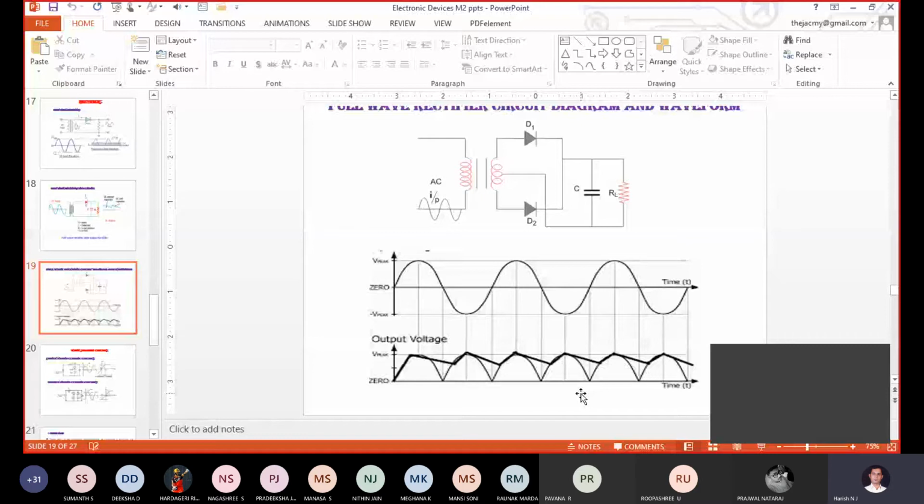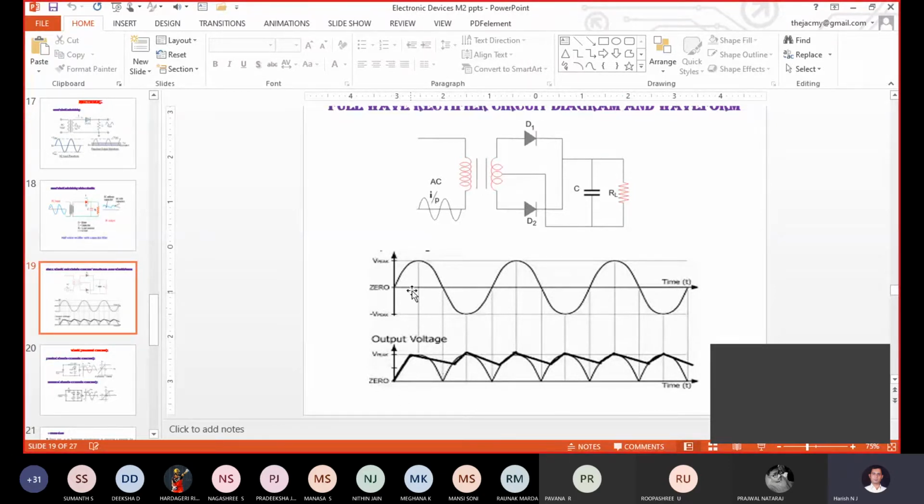So at the same time, after knowing the application of a PN junction diode as a rectifier, anyone conclude what are the disadvantages of the rectifier at this particular moment? What are the disadvantages of the rectifier? Easily from the waveform we can judge what conversion happens with the help of a full wave rectifier circuit. It is not smooth DC.